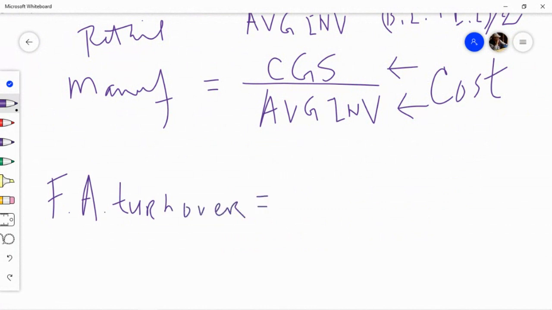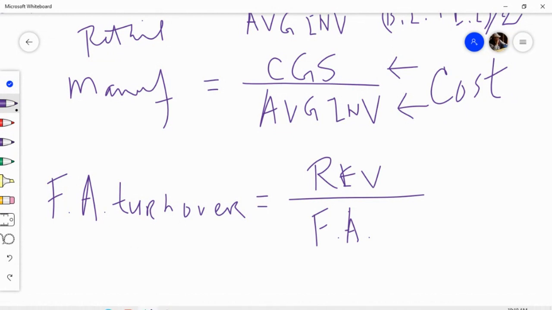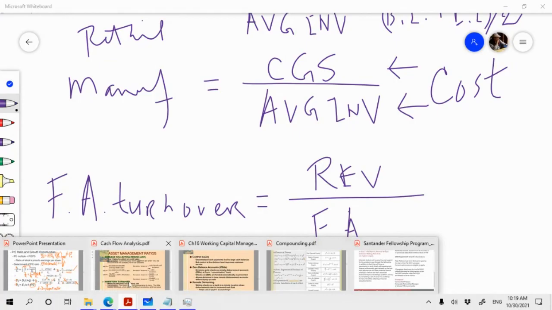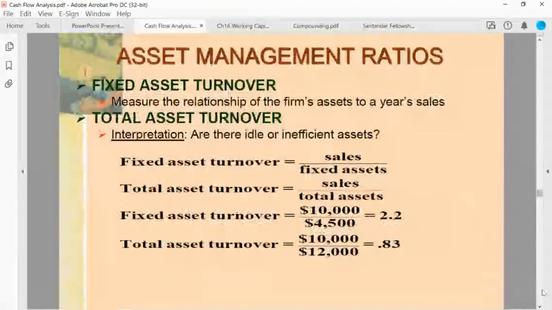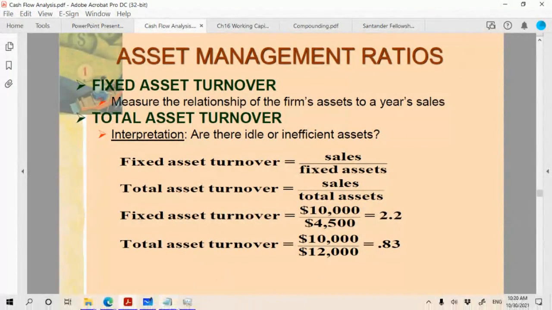Fixed assets turnover ratio is simple. Revenue over fixed assets. I wonder if they have average fixed assets or just fixed assets. It's just fixed assets. There's also total assets turnover, but